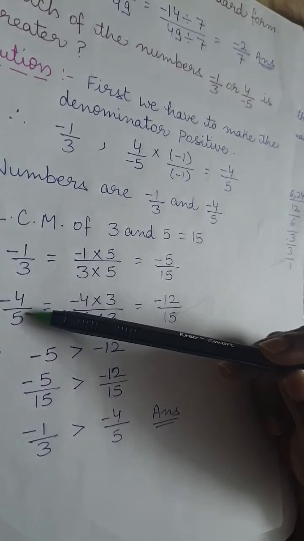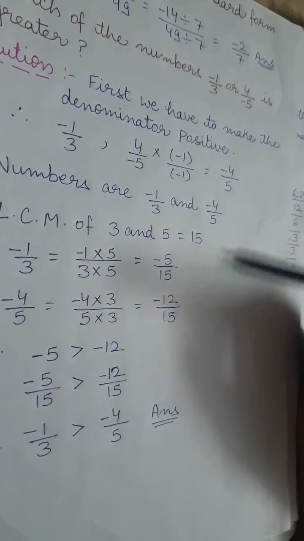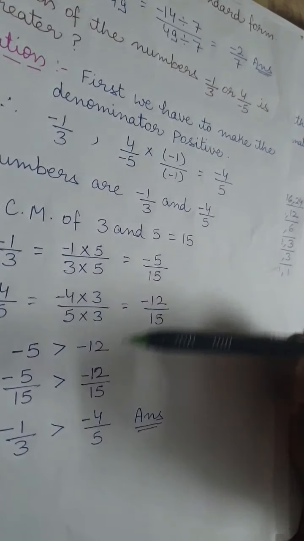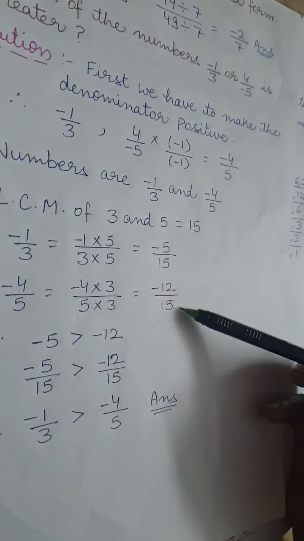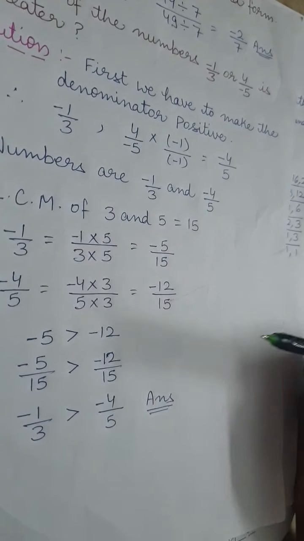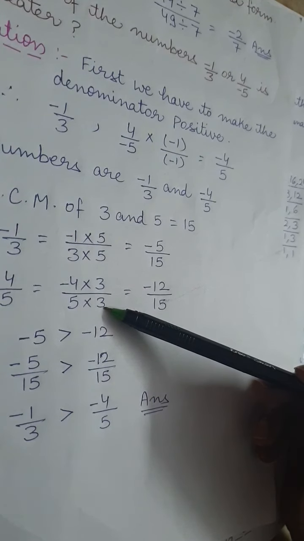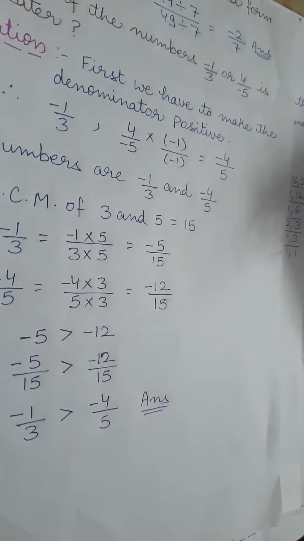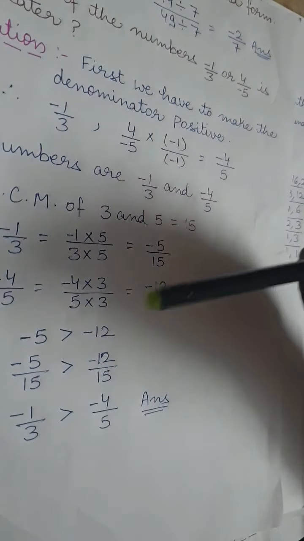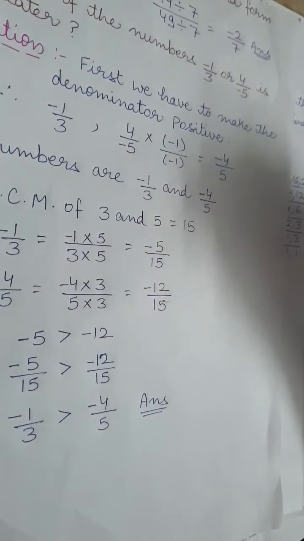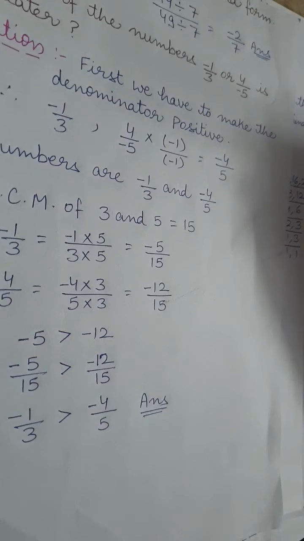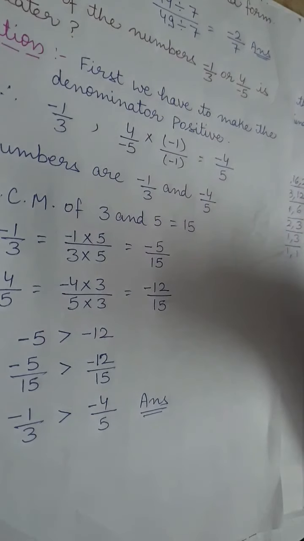In the same way we are operating minus 4 upon 5. To make 5 15, 5 को 15 बनाने के लिए what we have to do? We have to multiply it by 3. किससे मल्टीप्लाई करना होगा हमें, 3 से. जब हम डिनोमिनेटर को 3 से मल्टीप्लाई कर रहे हैं तो न्यूमरेटर शुड बी मल्टीप्लाइड बाय 3. दोबारा रिपीट कर रही हूँ कि जिस नंबर से हमने डिनोमिनेटर को मल्टीप्लाई किया है, सेम उसी नंबर से हम न्यूमरेटर को भी मल्टीप्लाई करेंगे.